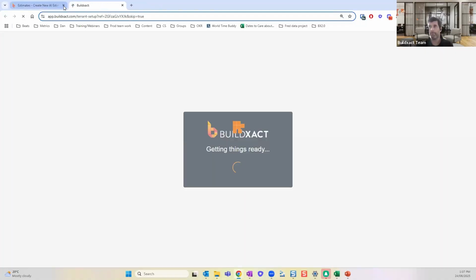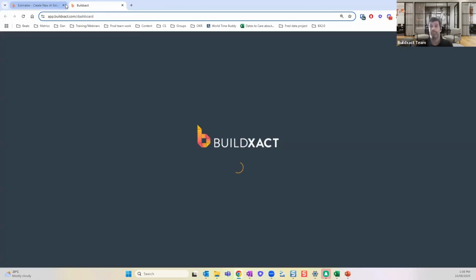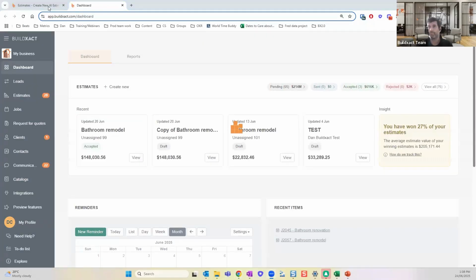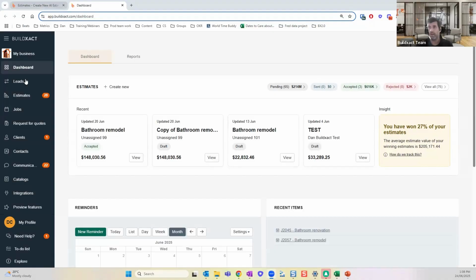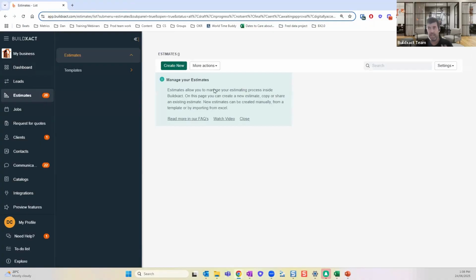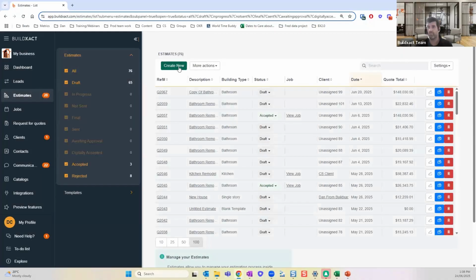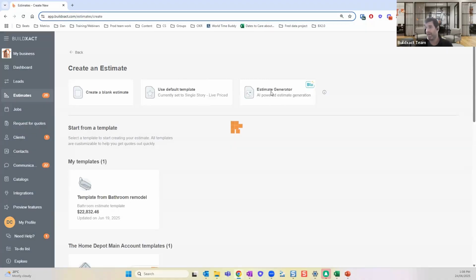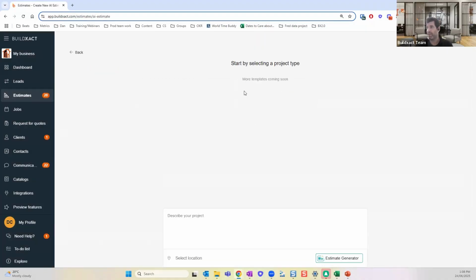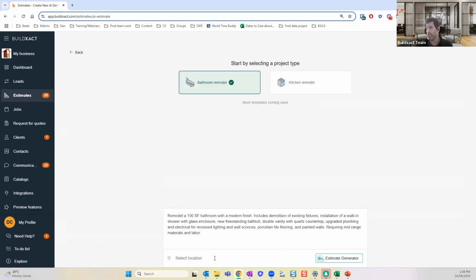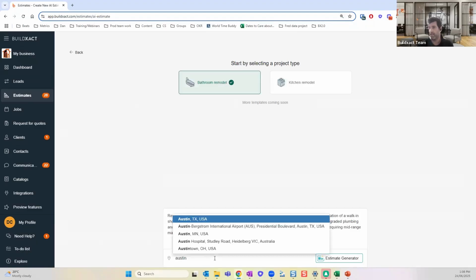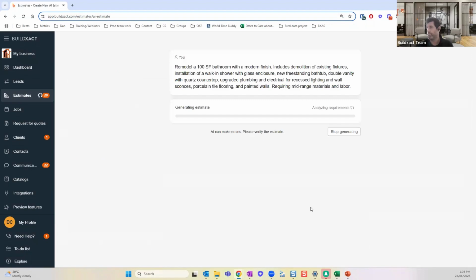All right, let's bring this one up. Perfect. All right, so this is my test account. It is a pro level account. It has all the same AI features. So let's quickly run into this one. Bathroom remodel, Austin, Texas. Estimate generator. Perfect. Now, while it's doing its thinking, and I mentioned this can take 30, 40 seconds, a point